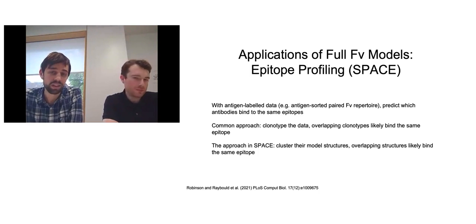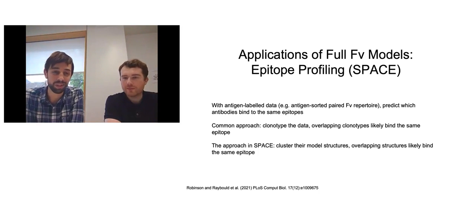Another interesting thing to note is that ab-looper, as our way of modeling antibodies, performs better than a bodybuilder. A lot of what we've been able to inject so far has used a more classical homology modeling approach, so we're excited to see what even better structural models can do for our interpretation and for getting better representations. So this first idea is if you have a set of FV data for which you know what the antigen is,